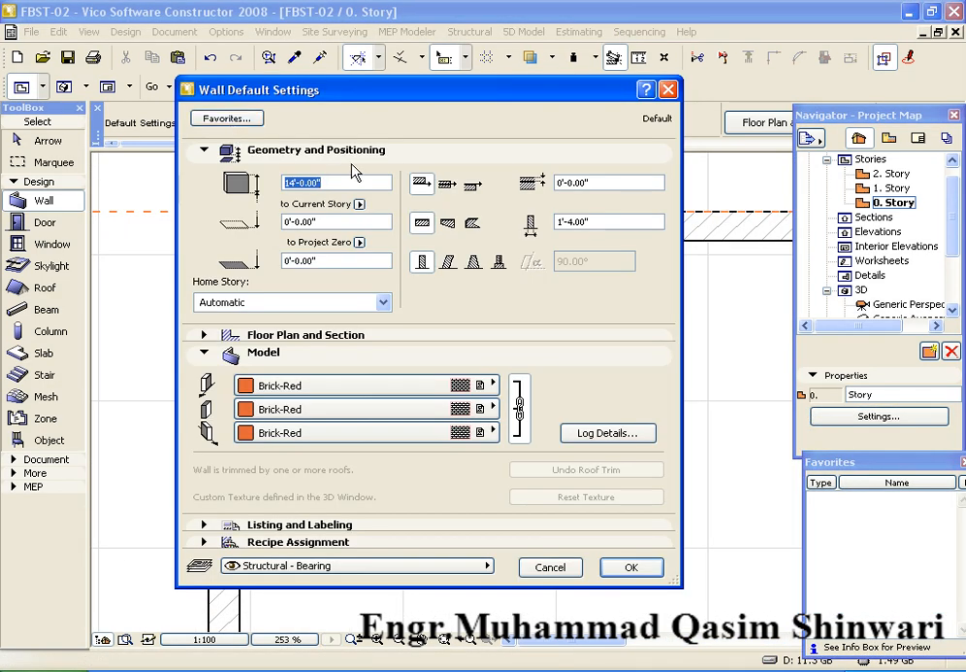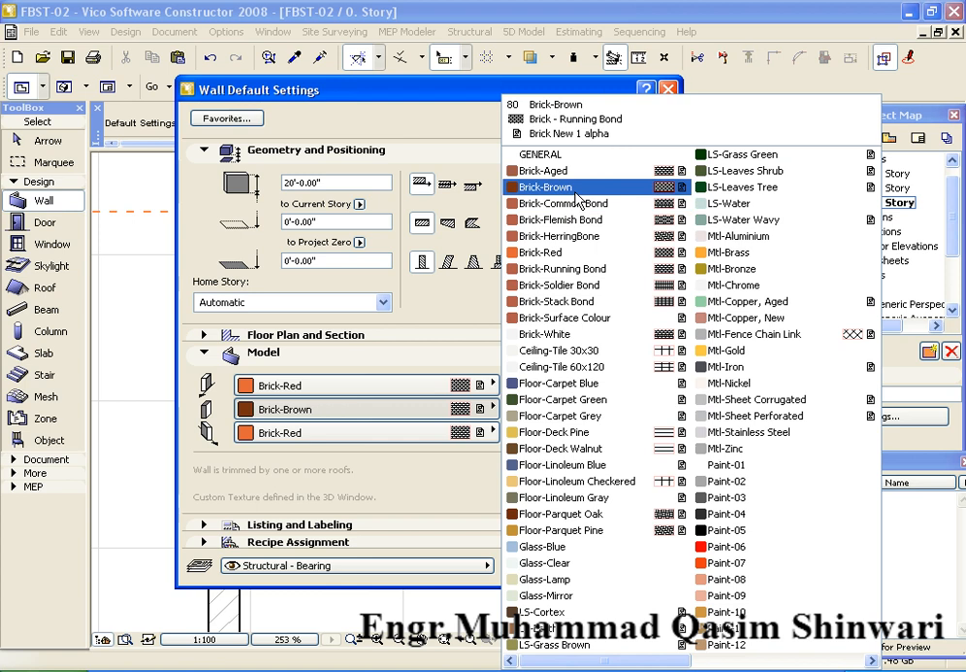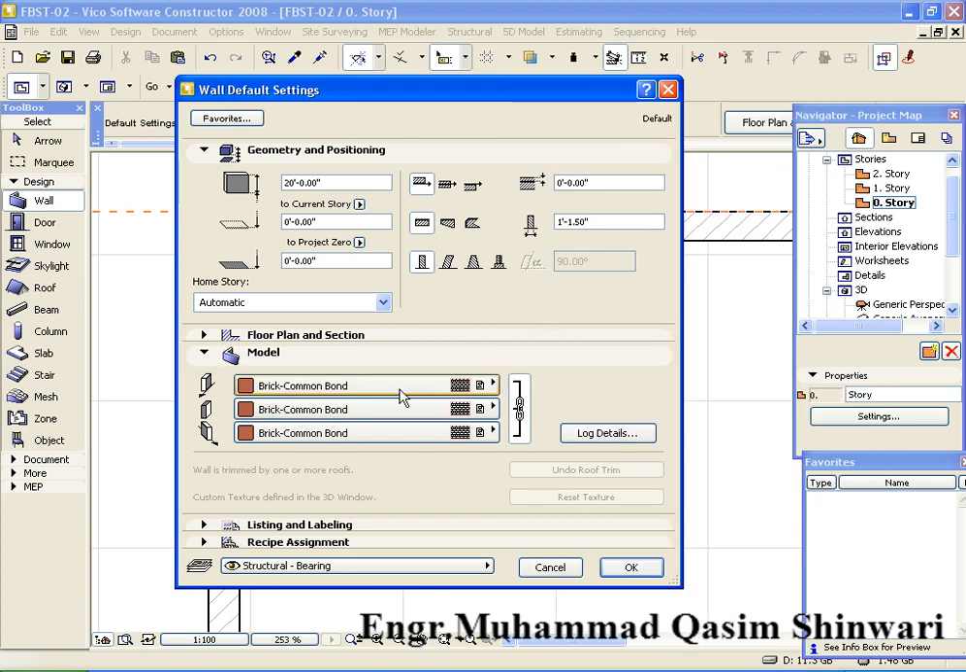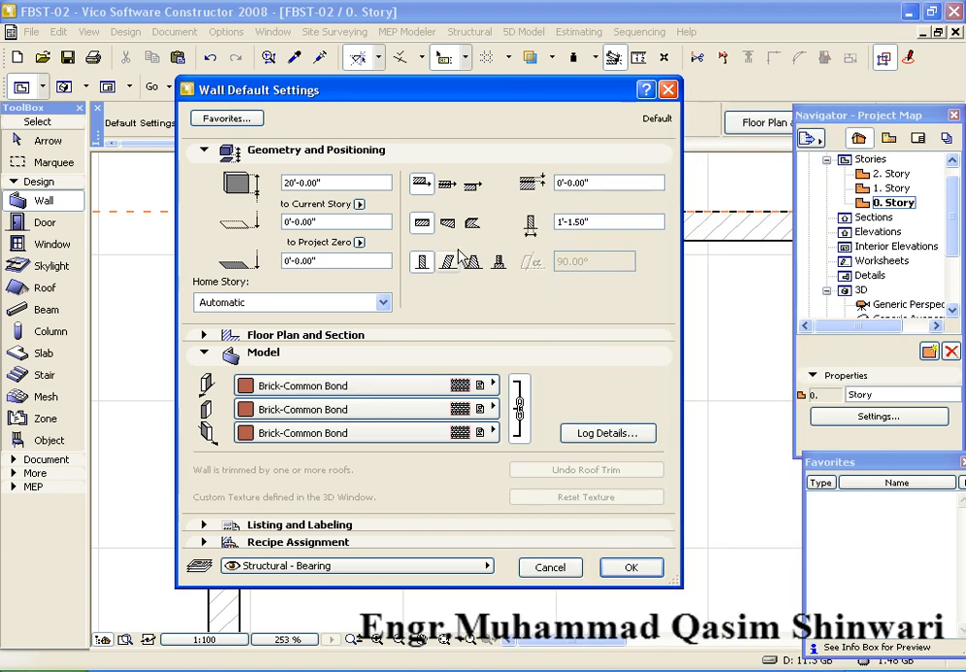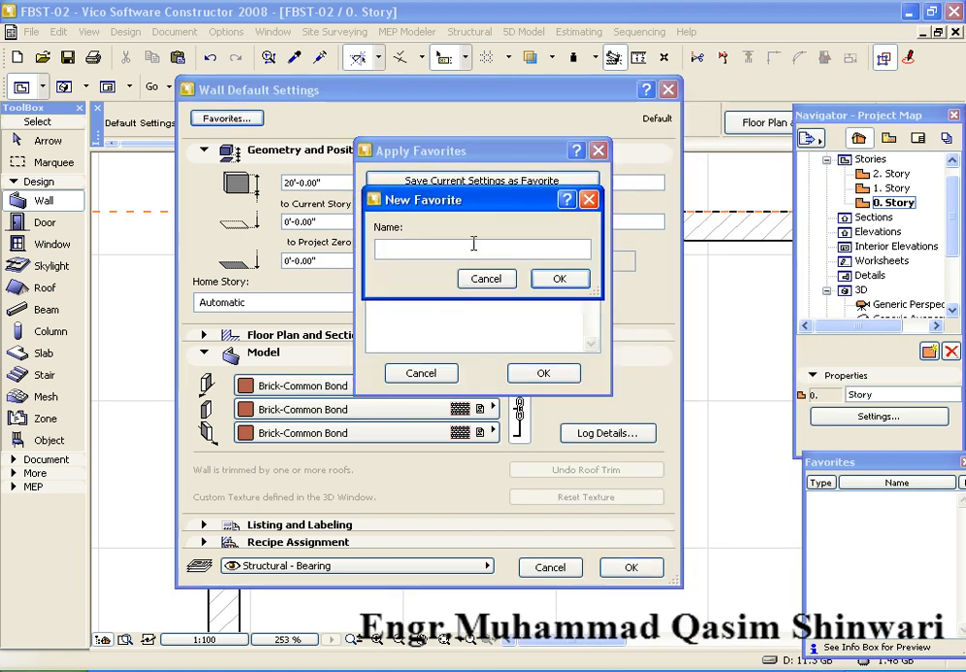Click on the settings dialog, set the wall height as 20 feet and the wall thickness as 13.5 inches, and make sure that the wall complexity is straight. That was the mistake I made in my first tutorial. Change the building material to brick common bond. You can also select another, but at this time I am selecting brick common bond, and favorite save as exterior